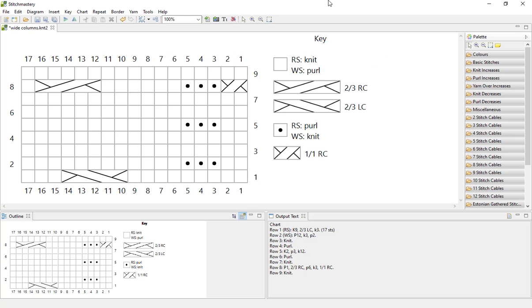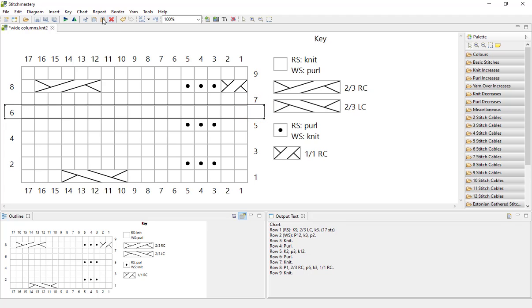In this video we're looking at deleting rows and columns and also moving rows and columns. So first of all, deleting rows. If I click on the row label, so the number, or if it's a row where there's not a number, just click in the area to the side of the chart where a number would sit.